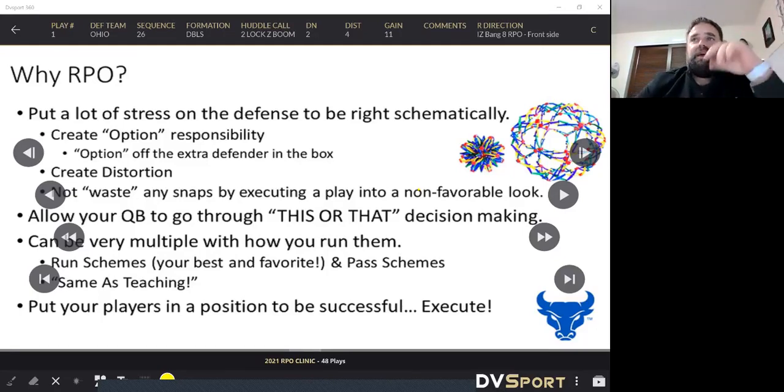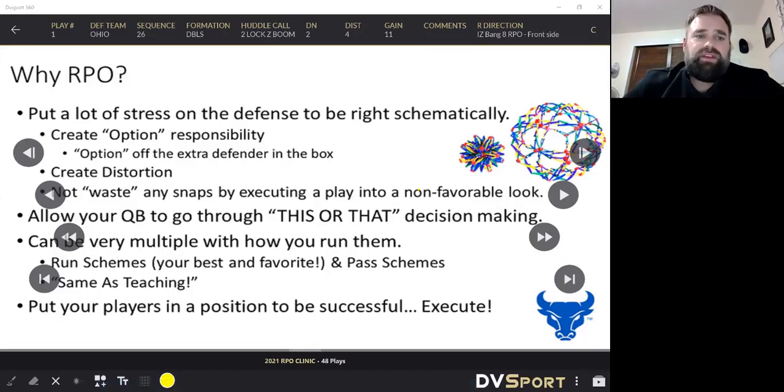And then at the end of the day for them, and we say this a lot, anything that we try to decide what we're going to do offensively, it's the same as teaching for your kids. And I'll show you some examples, different run schemes on film, combined with various pass schemes and how we would read it. And then we want to be able to have our kids and put them in a position so that they can be successful and they can execute. Now, the two E words that a lot of people spend time talking about, especially as applies to offensive football, the first one